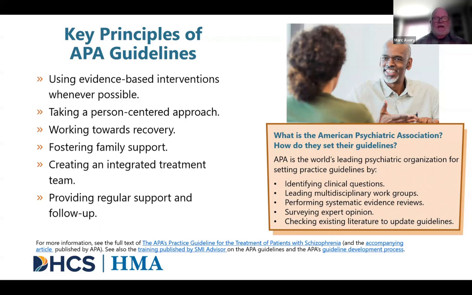Many of those recommendations in the guidelines, and especially for medications, are graded according to the available evidence. So some evidence is stronger than other evidence. And again, these guidelines are periodically updated with the strength of evidence as more developments come in. But there are also other key principles that the APA has really focused on in developing these guidelines.